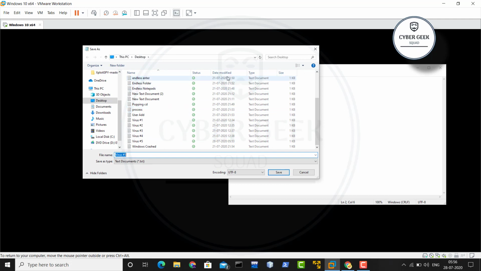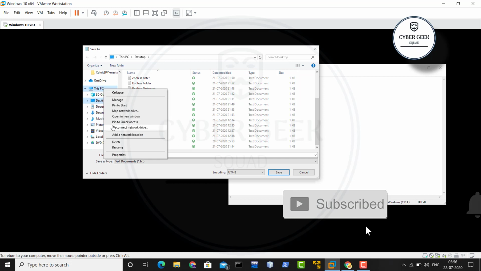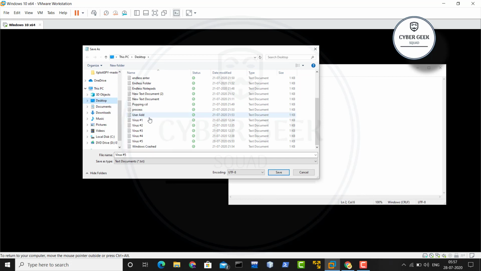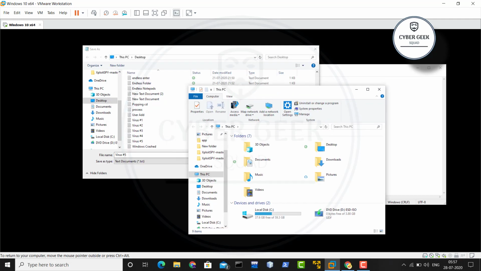So let's just, what should I do? Not collapse, I mean manage, pin to start. Open a new window. Okay, I am too smart, because you can see there is no possible way to access anything, right?